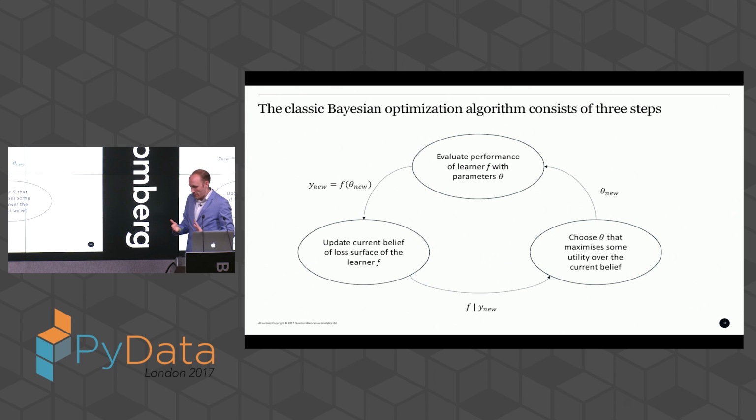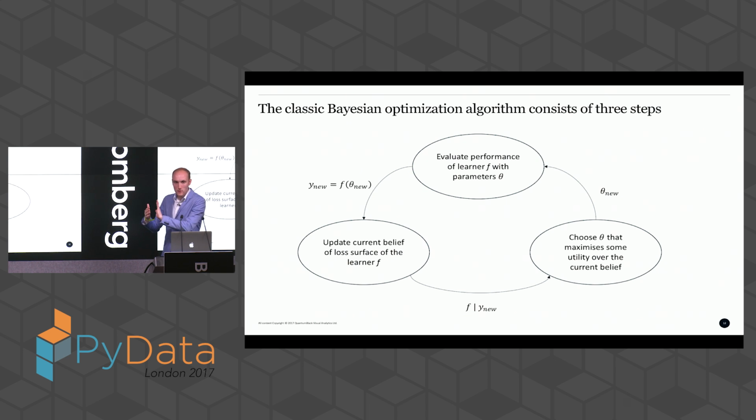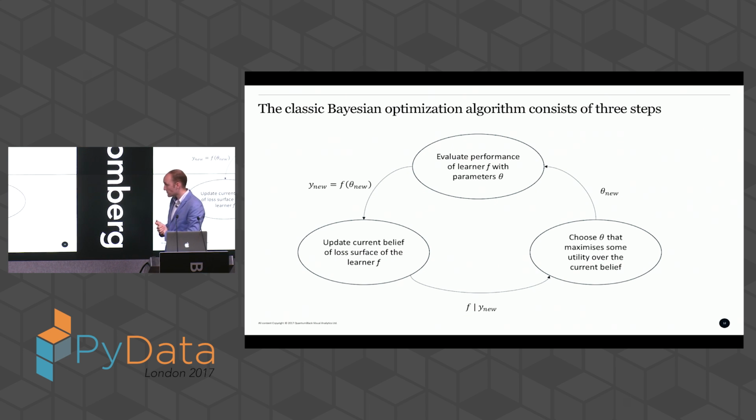Maybe if the consecutive differences in the performance function become sufficiently small, then you can say, okay, I've reached some kind of optimum. Let's just stop it there. So this is the general overview of the algorithm, and I'll go into each of the three steps in more